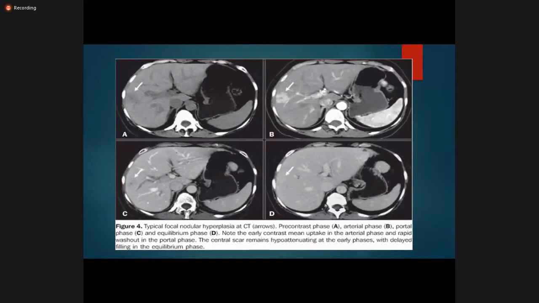So the first picture over the left upper corner, picture A, is showing the typical focal nodular hyperplasia, and that is in the pre-contrast phase. That is before the contrast is given. We take a CT scan imaging, and that tells us there is a lesion in the right lobe of the liver. And as the contrast is injected,